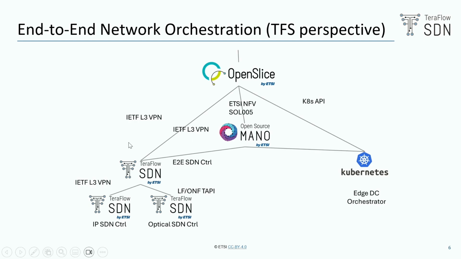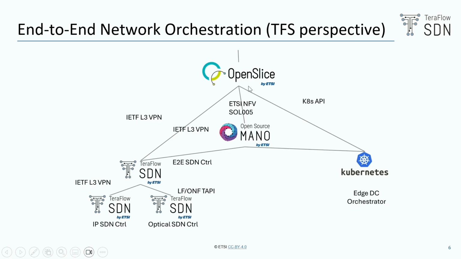Then you can see that in this Encompass, we are also related to the other different ETSI projects, and this was a very easy way to show how, for example, we are related with open source Nano, and we are able to act as an end-to-end orchestrator